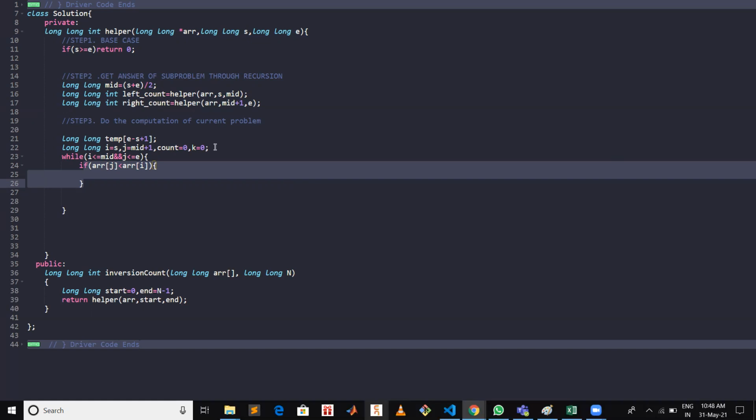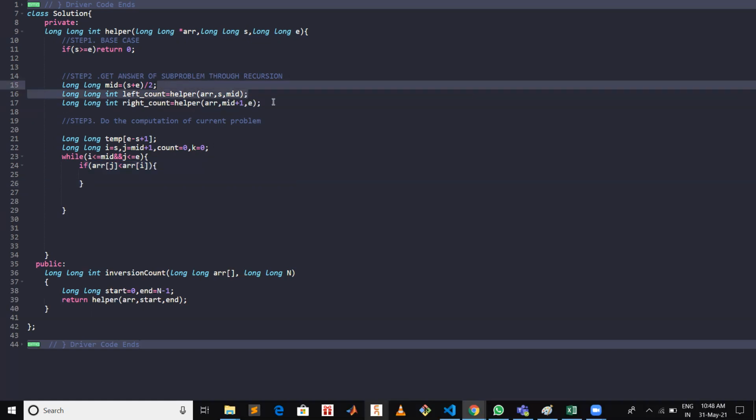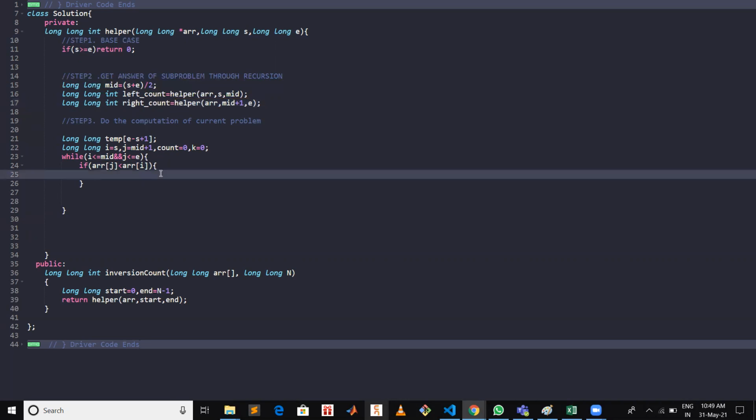But as we assumed, our first and second half, after calculating the sub problem from recursion, will be in sorted manner. So if array of i is greater than array of j, then all elements coming after i will also be greater than array j. So the total number of elements greater than array j would be mid minus i plus 1.